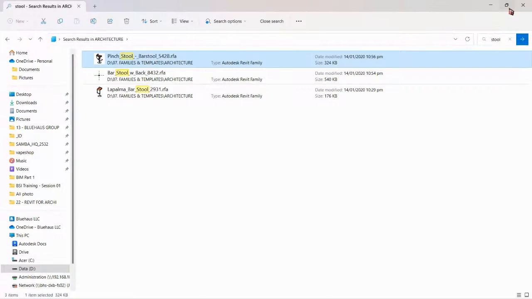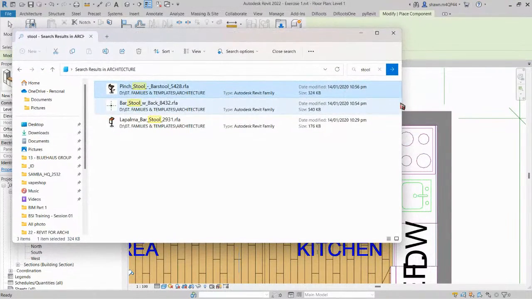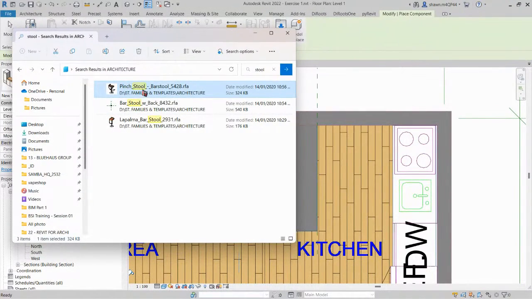Let's use this one. So another way of loading a family into your project is by just dragging the family